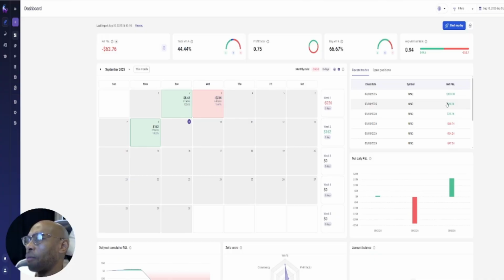So I feel like for the next 30 days, I'm not really worried about profit. I'm just worried about being consistent, learning the software, and learning my platform, which is TradingView. And also really dialing in my trading strategy, because I don't have it truly dialed in yet.